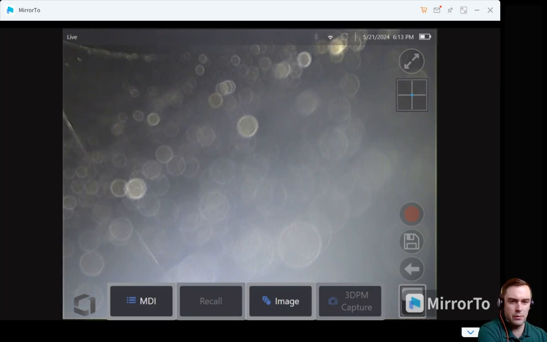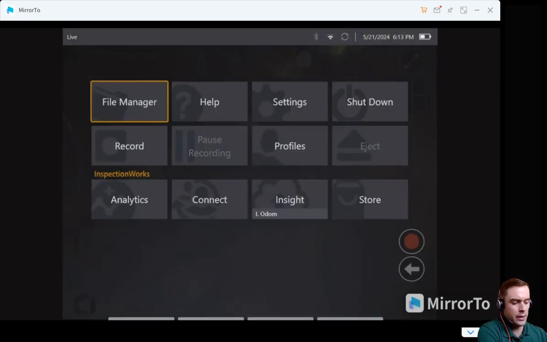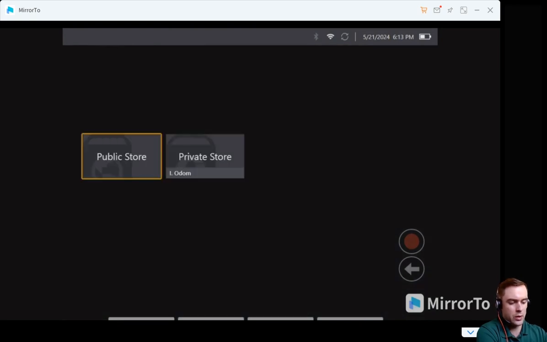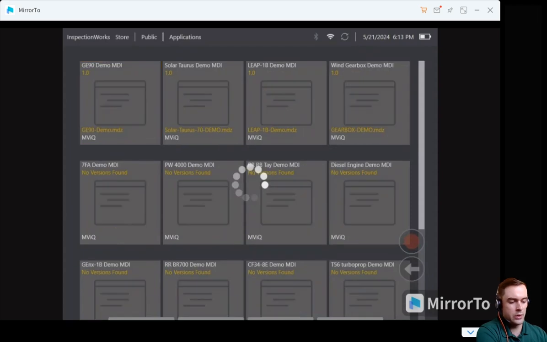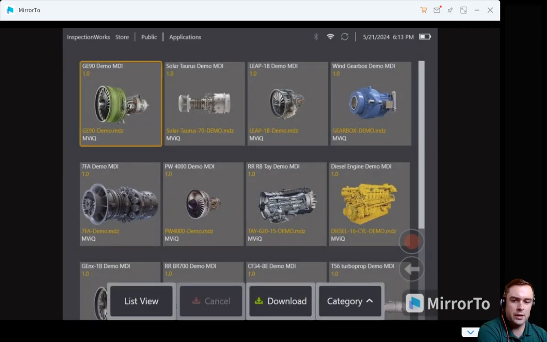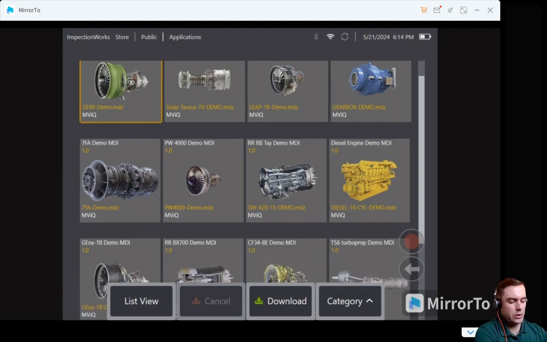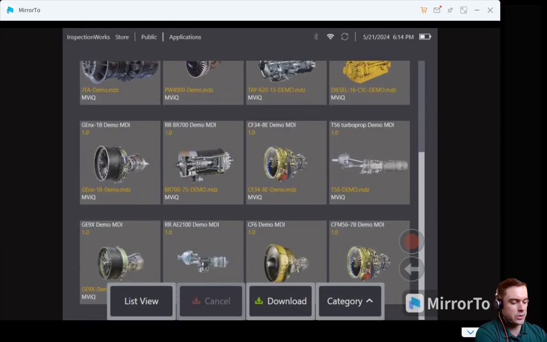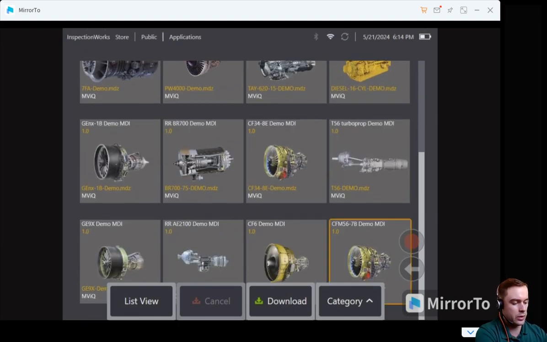So if I go to the main menu and at the bottom right, click on Store and click on Public Store, you can see a list of all of the different MDI templates that we as Waygate offer for free. So for this inspection that I'm going to perform, I'm actually going to download a CFM56 MDI. So I click on this MDI, click download,